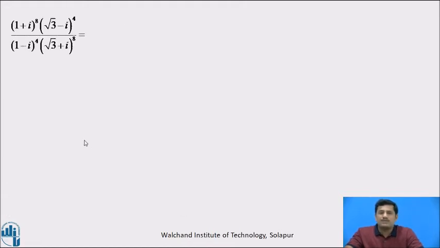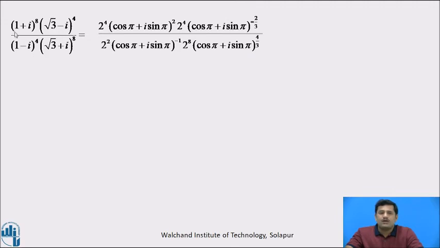Now consider the given complex number, and after substituting all these values here, we get this new right hand side. Now in the numerator it is 2 raised to 4 into 2 raised to 4, which is 2 raised to 8, and in the denominator it is already present, so cancelling it, this 2 square is left. Taking this 2 square as it is, we get 4. Now in the numerator, this bracket is the same, so we can add and subtract the powers. This power is 2 and this is minus 2 by 3, which is nothing but 3 into 2 is 6, 6 minus 2 is 4 by 3.